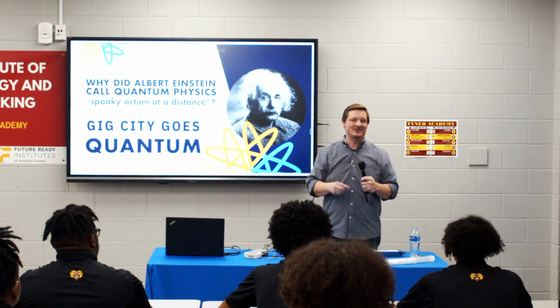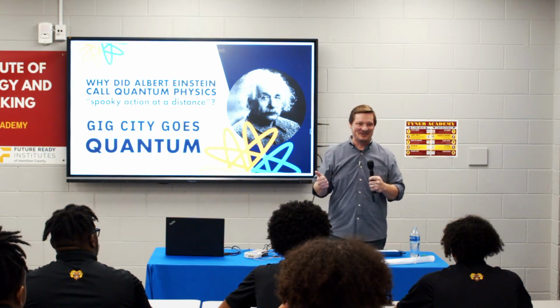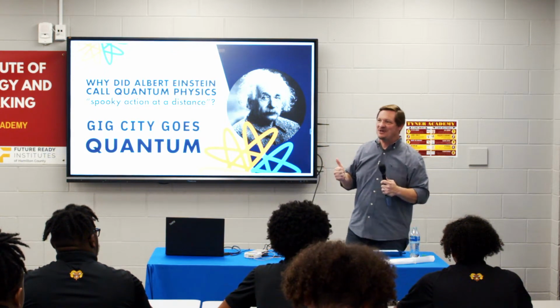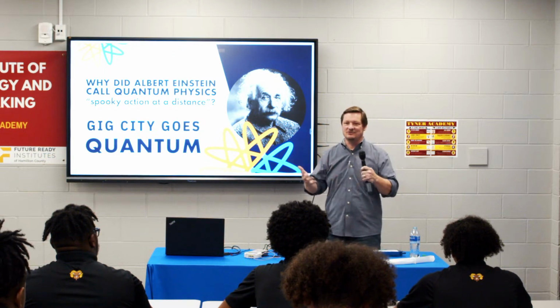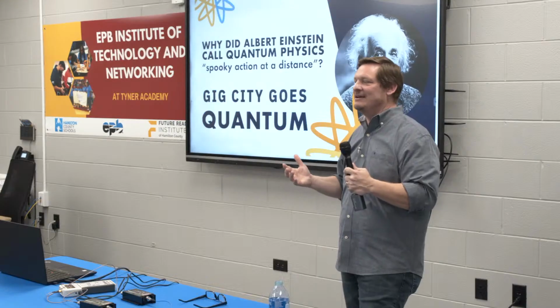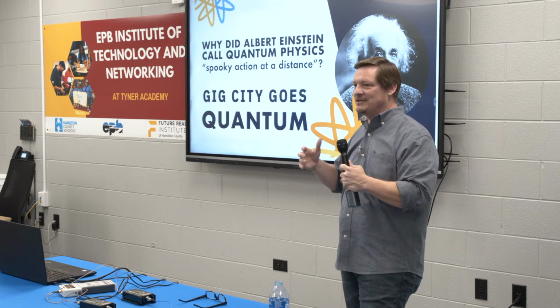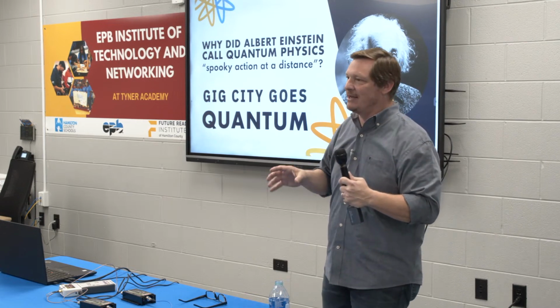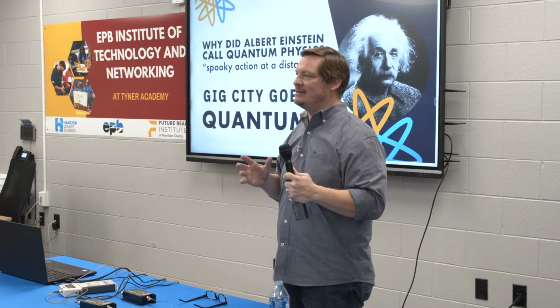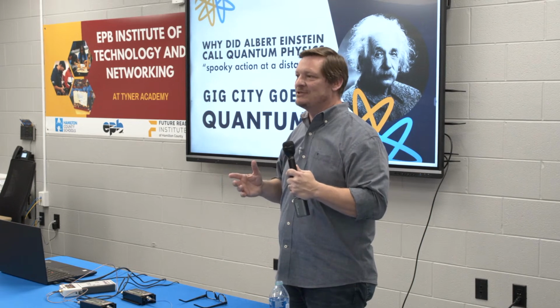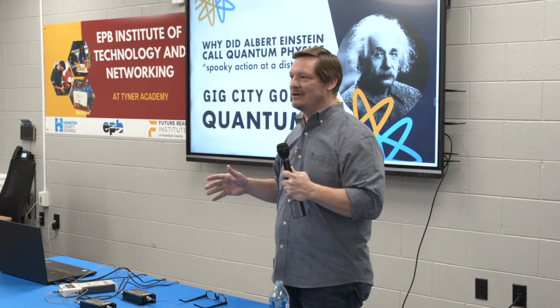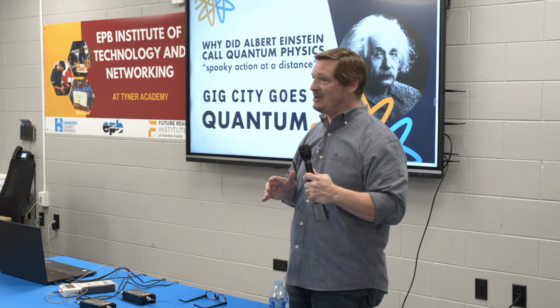Hey, that's a good question. How much money can you make? That's a really good one. So right now, Glassdoor is a survey company. They survey people today that have different jobs, and they ask them, if you're doing quantum, what are you making? And the average quantum practitioner is making about $125,000 a year. But that actually seems a little low for what we've seen.